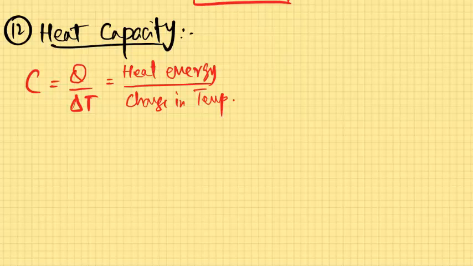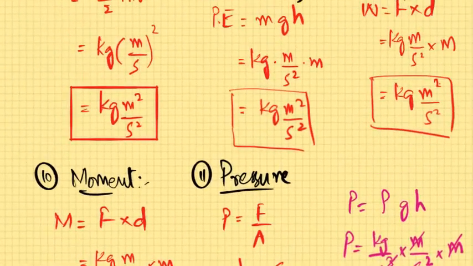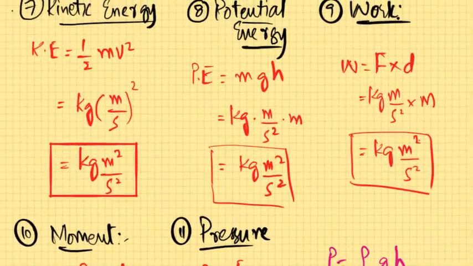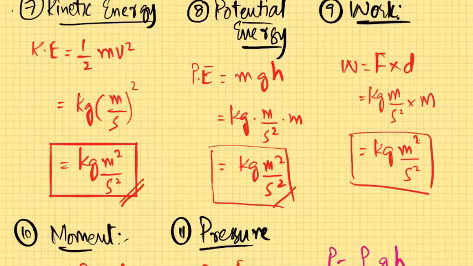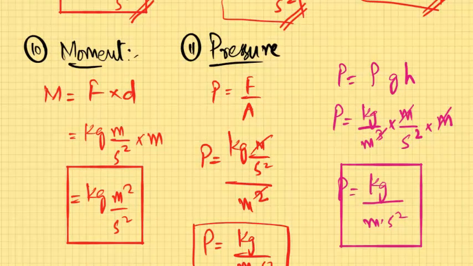If it is energy, the SI base unit has to be kilogram meter square per second square. Let me give you the example that we have just saw previously. You can see for kinetic energy, kilogram meter square per second square. For potential energy, kilogram meter square per second square. For work, kilogram meter square per second square. So even here for heat energy,